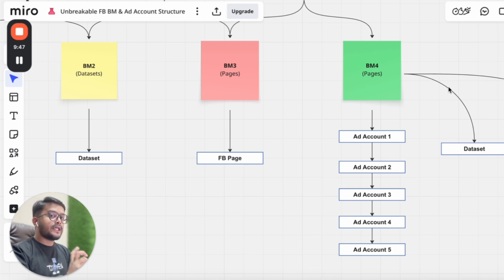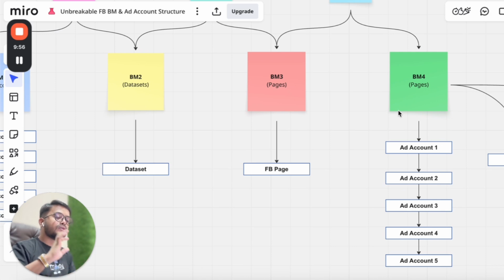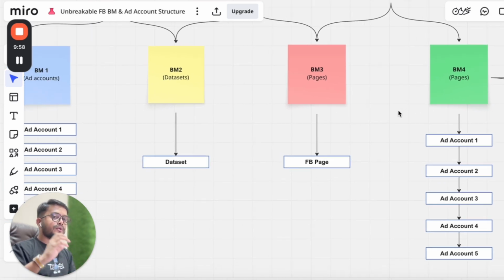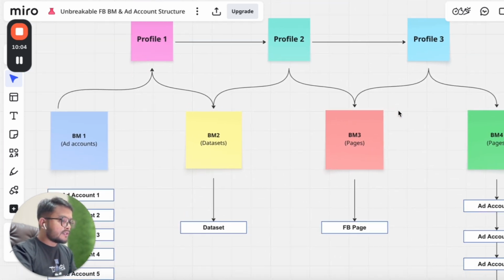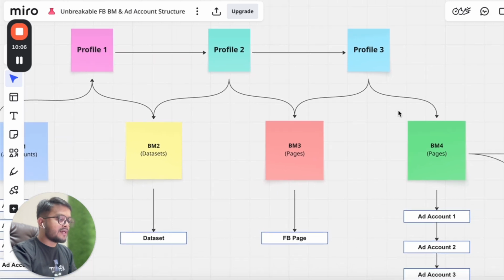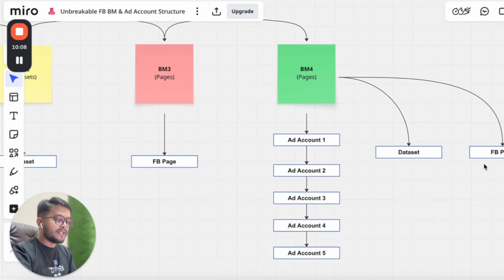Okay. So that is the case when the business manager on which you're running the ads is going to get restricted. In this case also, your data is safe. You can just plug in a new business manager and start running the ads. Make sense? Now, the third scenario is definitely going to be the page,